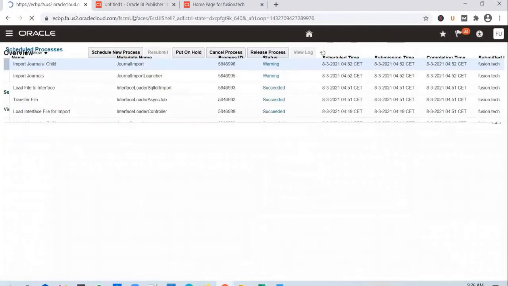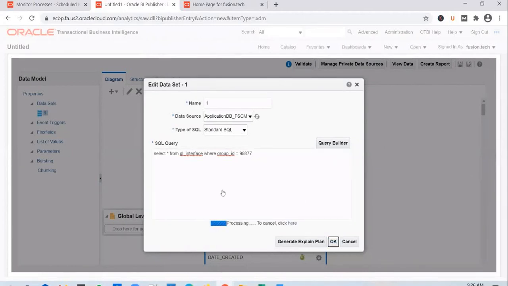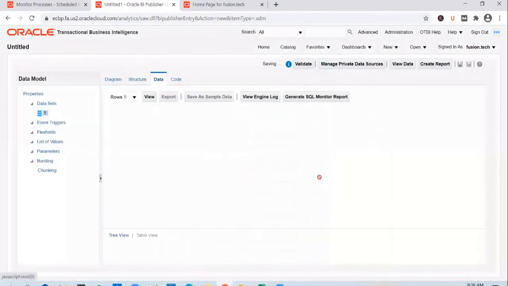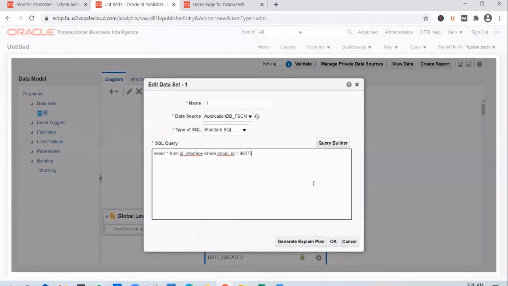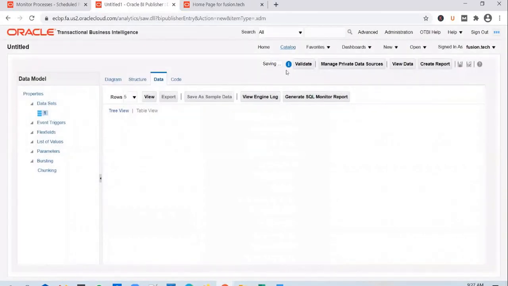And this time we need to run only the import job, because if you query the interface table, sometimes you might run into that issue that you have seen just now. So you copy the query. If you try to run the data, you get this error when it times out, when the data model times out. So you click on OK.